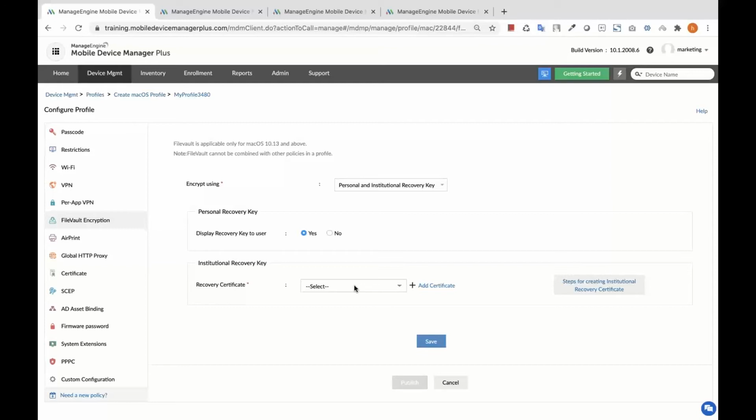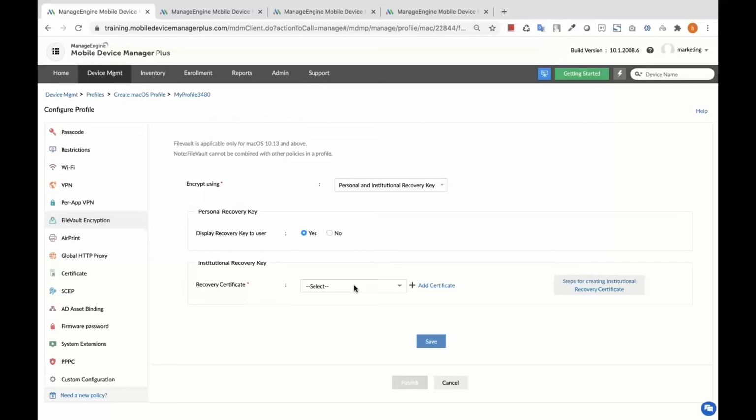One question that you might have in mind is, File Vault is already available on all of my Mac devices, so why is it necessary to configure it using an MDM solution? Mobile Device Manager Plus provides two benefits over manually configuring your file vault encryption. First, it allows you to escrow the recovery key as and when required.